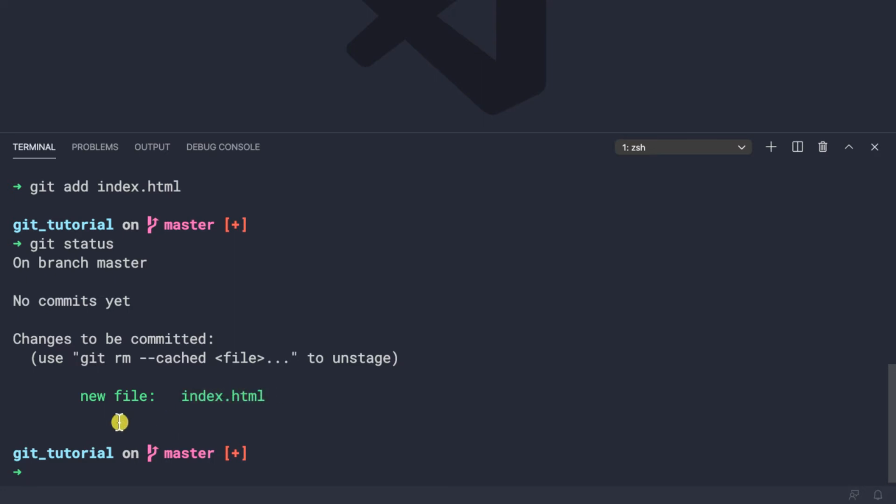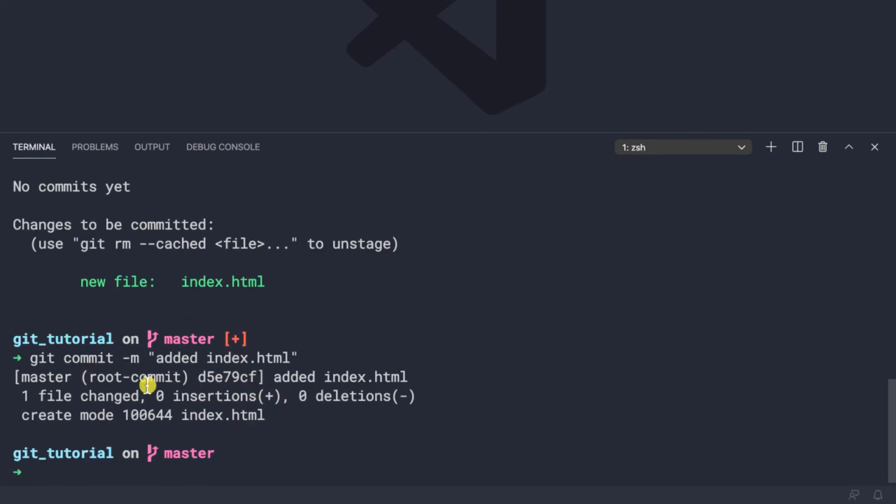Now if we want to make a commit to our application or save the application at this instance, we can use commit here. I'm going to use another command called git commit. So git commit -m, and this -m stands for the message of this commit. Once I do this commit, everything will fall in place, that is why we need to add a message here. For the message, I'll write in quotes, "added index.html", or whatever message you want to write down. And now I'll press enter again.